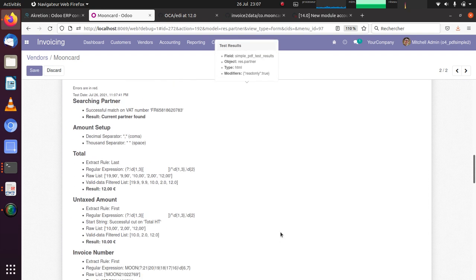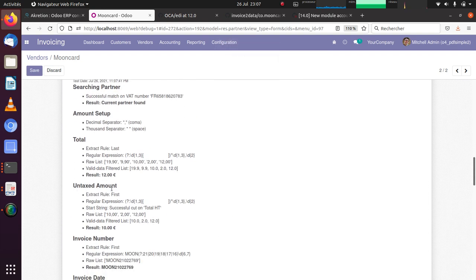So he tells me that the untaxed amount has a start string, it has made a successful cut using the total HT string. So the raw list is smaller, of course. As you can see here, it's only the end of it. And we tell him to extract the first one, so 10 euros, that's perfect.